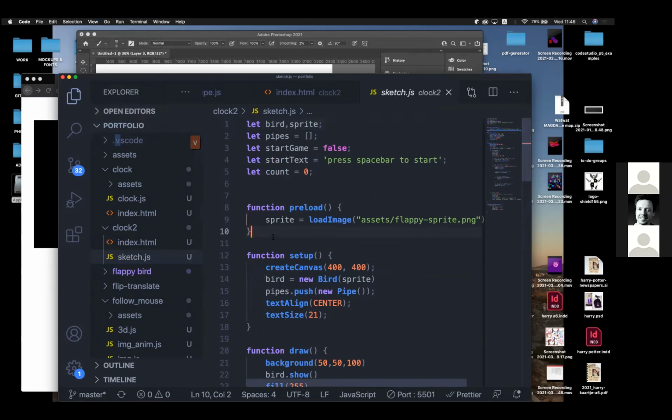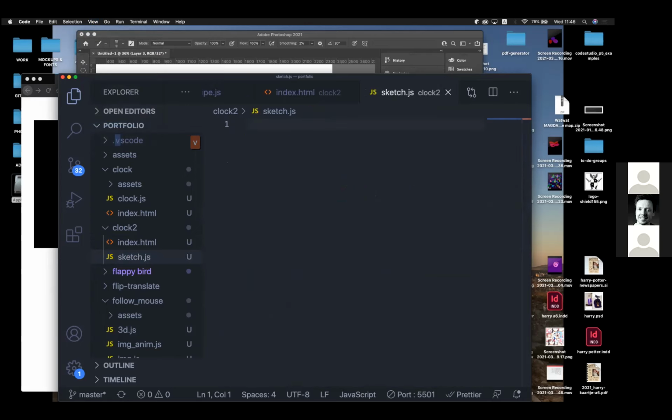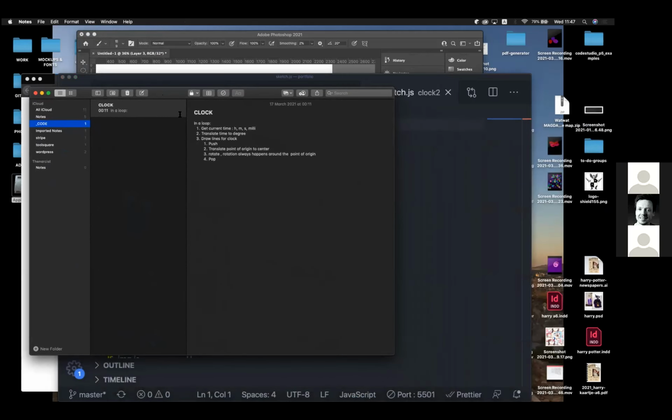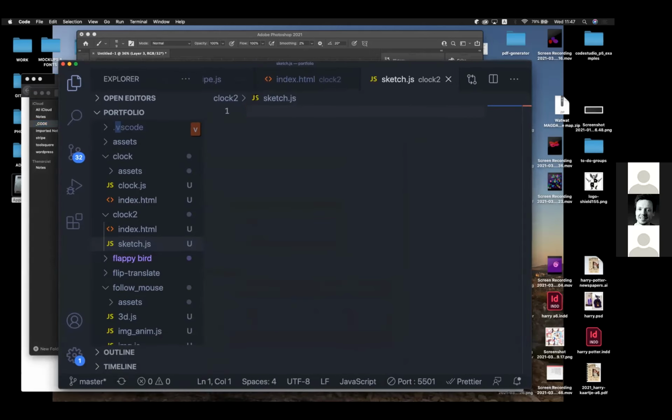Okay, so inside my sketch.js, I'm just gonna remove everything. And I think I have written something somewhere. Yes, I have a thing. So we have a structure of what we're going to do, because a clock seems very easy, but it comes with a lot of stuff that we need to figure out. But the first step is to actually get the time, the current time that we see on our computers. And if you go to p5,